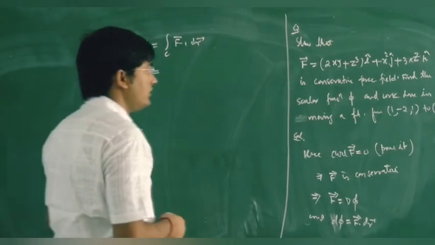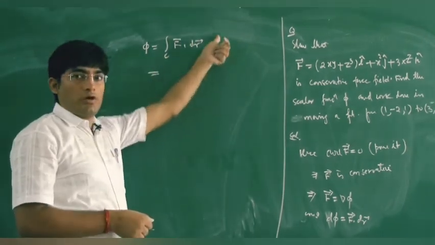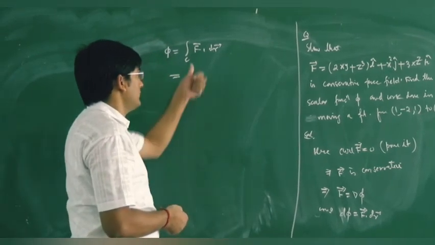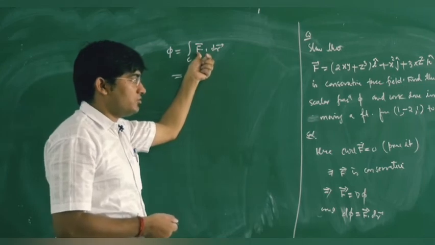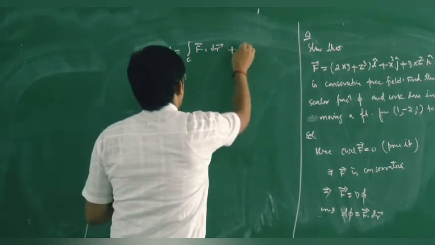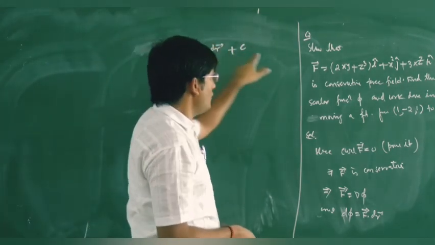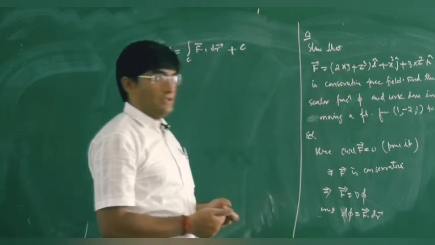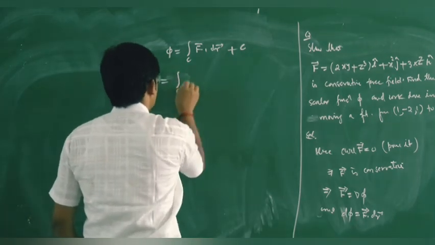Now this is your line integral, and you can also say that this right hand side is the work done of a force field in moving a point from this 1, minus 2, 1 to 3, 1, 4. So here we have to find out this phi. So the value of phi is equal to this one. Now just put the value of f and dr. This is your f, and your dr will be dx i plus dy j plus dz k. So this is equal to integral over c